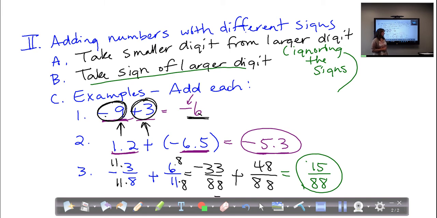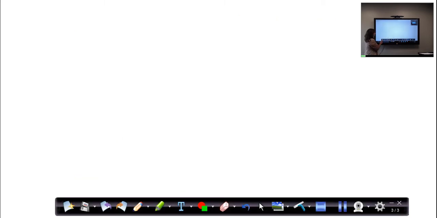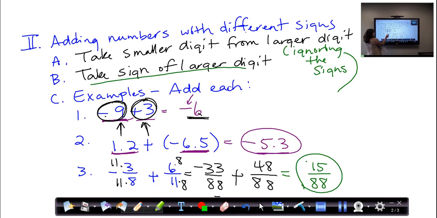You're right. No, there is nothing that will go into 15 and 88. So you know you're done with that. Now, these are all pretty simple, so we're going to expand on this a bit, and we're going to move on to algebraic expressions, because we know that we can take what we've got here